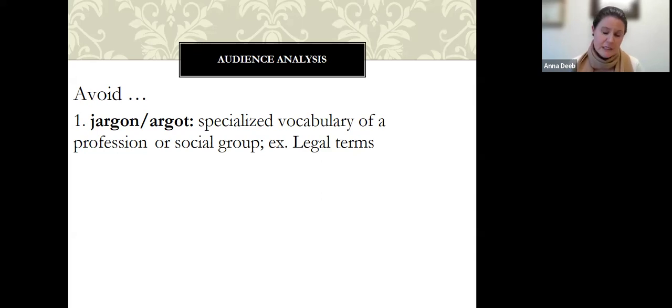Don't say, well, the defense issued a subpoena and then filed a motion for summary judgment after the deposition, but that did not result in an adjournment. The judge agreed in a final judgment that the case should go to a higher court of appeals. Huh? Just tell me, the case was moved up to the next level, to the Supreme Court. We don't need all the jargon in the middle, even though it sounds pretty fancy, okay?